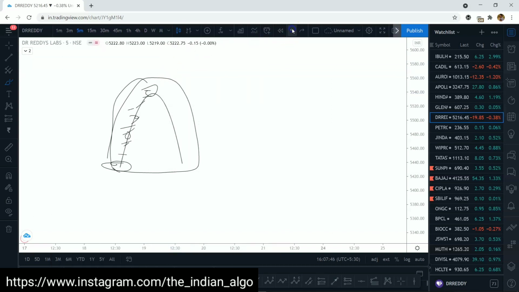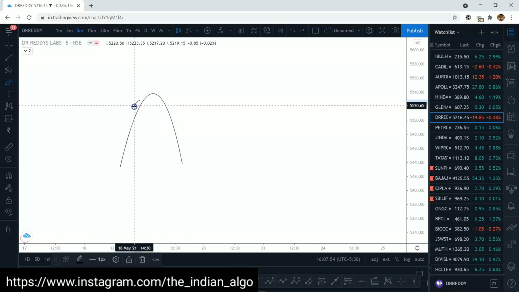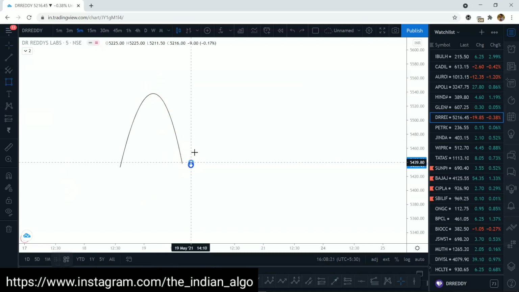But this is not how you are supposed to be trading, and this will make your life a lot tougher if you start buying things here. Also, you cannot simply sell this. It's not necessary that it will come down, but what we are supposed to do is understand this volatility move. Once we understand this spike up, now how this spike up is going to look like, it's probably going to look like this.